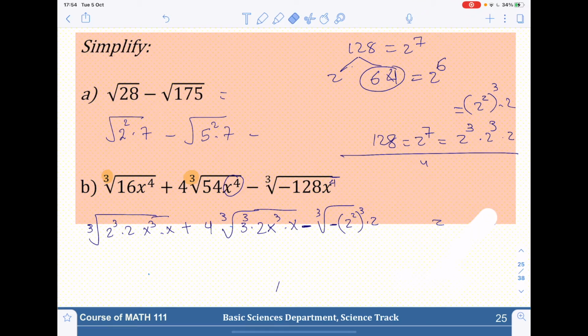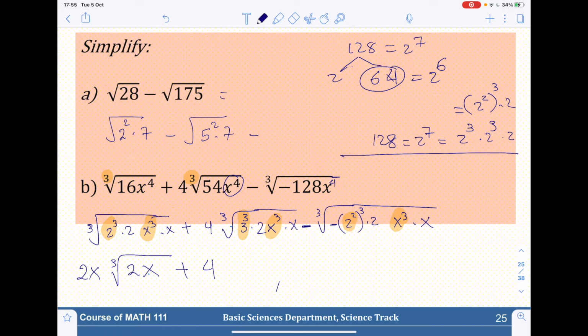Okay, then x to the power 4 can be written, as we said, as x to the power 3 times x. Now let's just get the number with the power 3 out of the root. So this would be out of the root, and this one also. Here we have x to the power 3, and here we have x to the power 2. So we're just going to put the numbers with root of 3 out without root. So 2 times x, then we put the rest under the root. So 2x plus 4, and here we have times